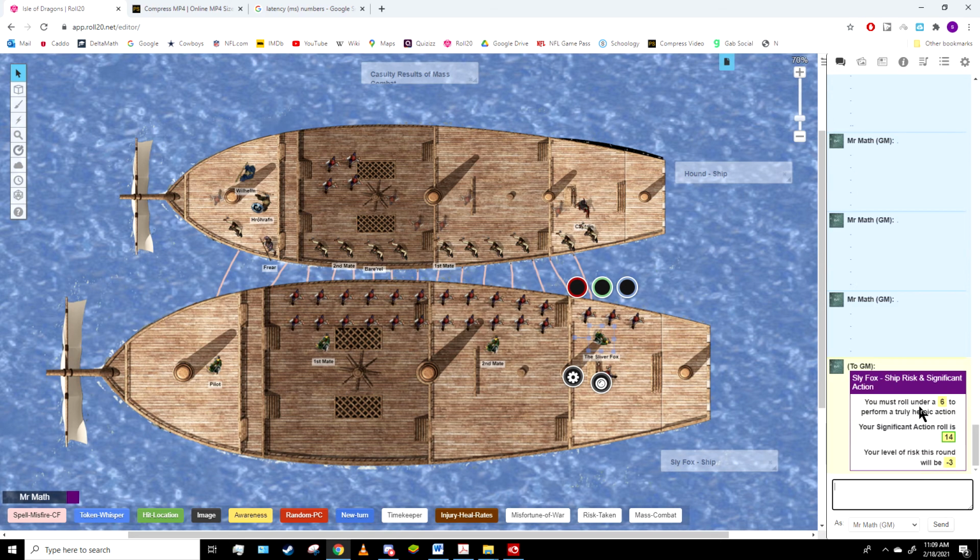And so if you look in the chat, it says he has to roll under a 6 to do something truly heroic, and he didn't even get close. So you wouldn't expect the guy standing on the bridge to do anything heroic. Now the enemy ship,